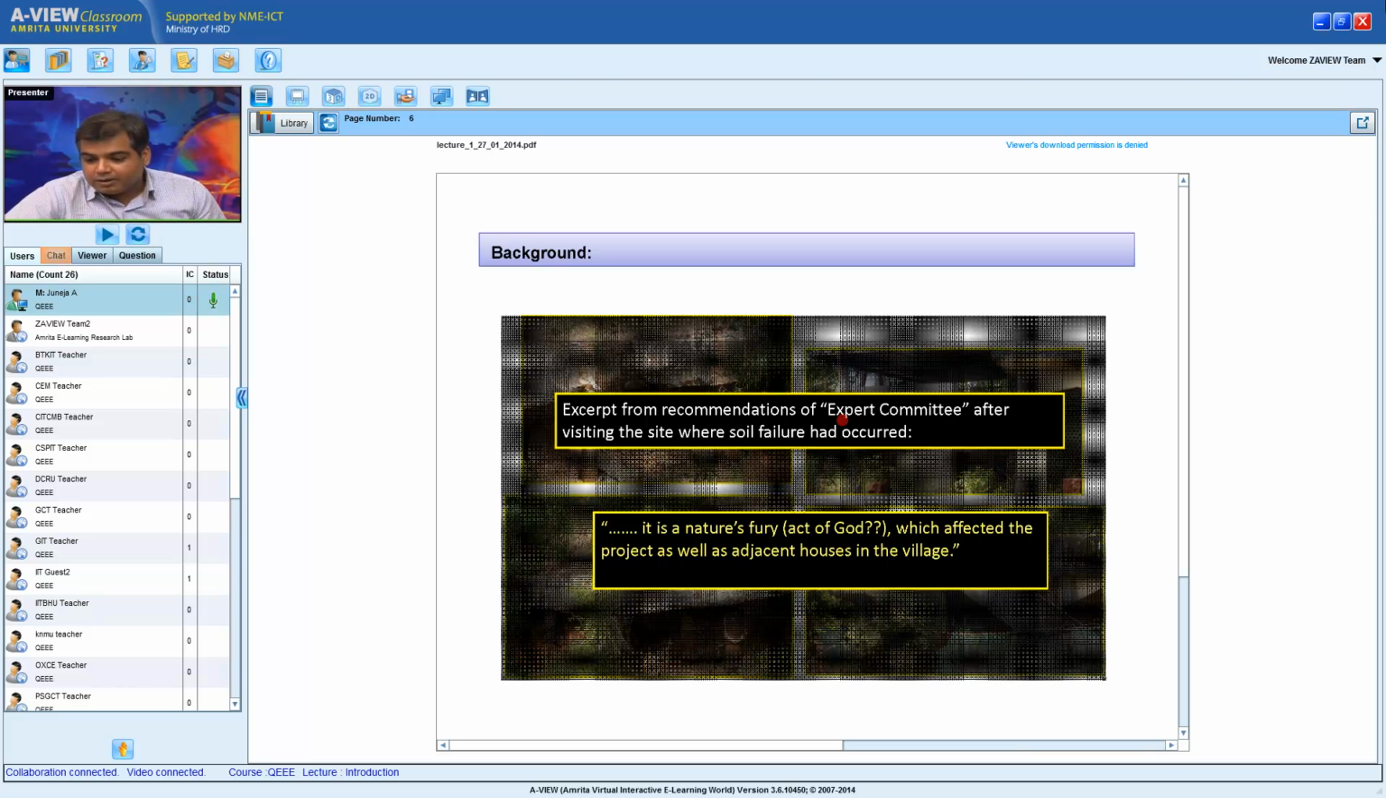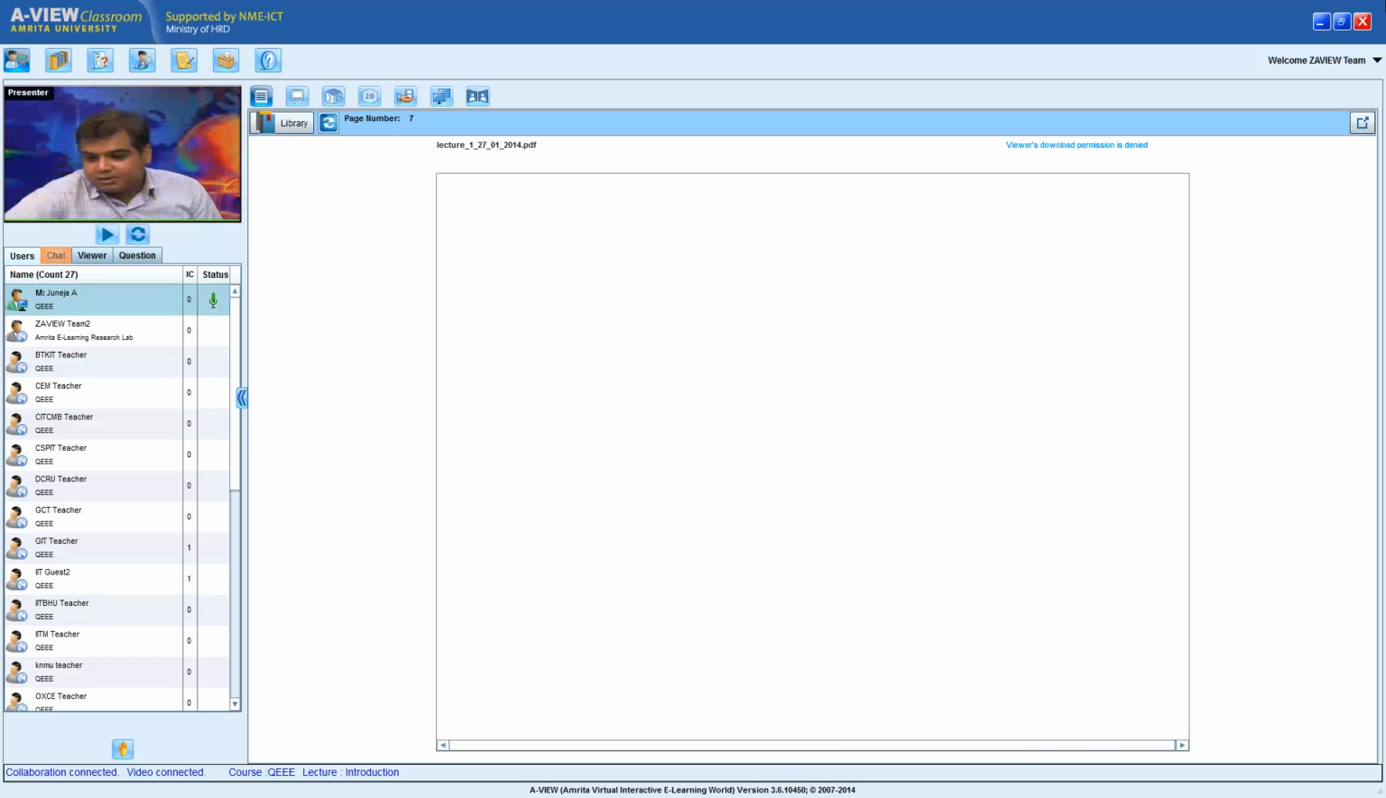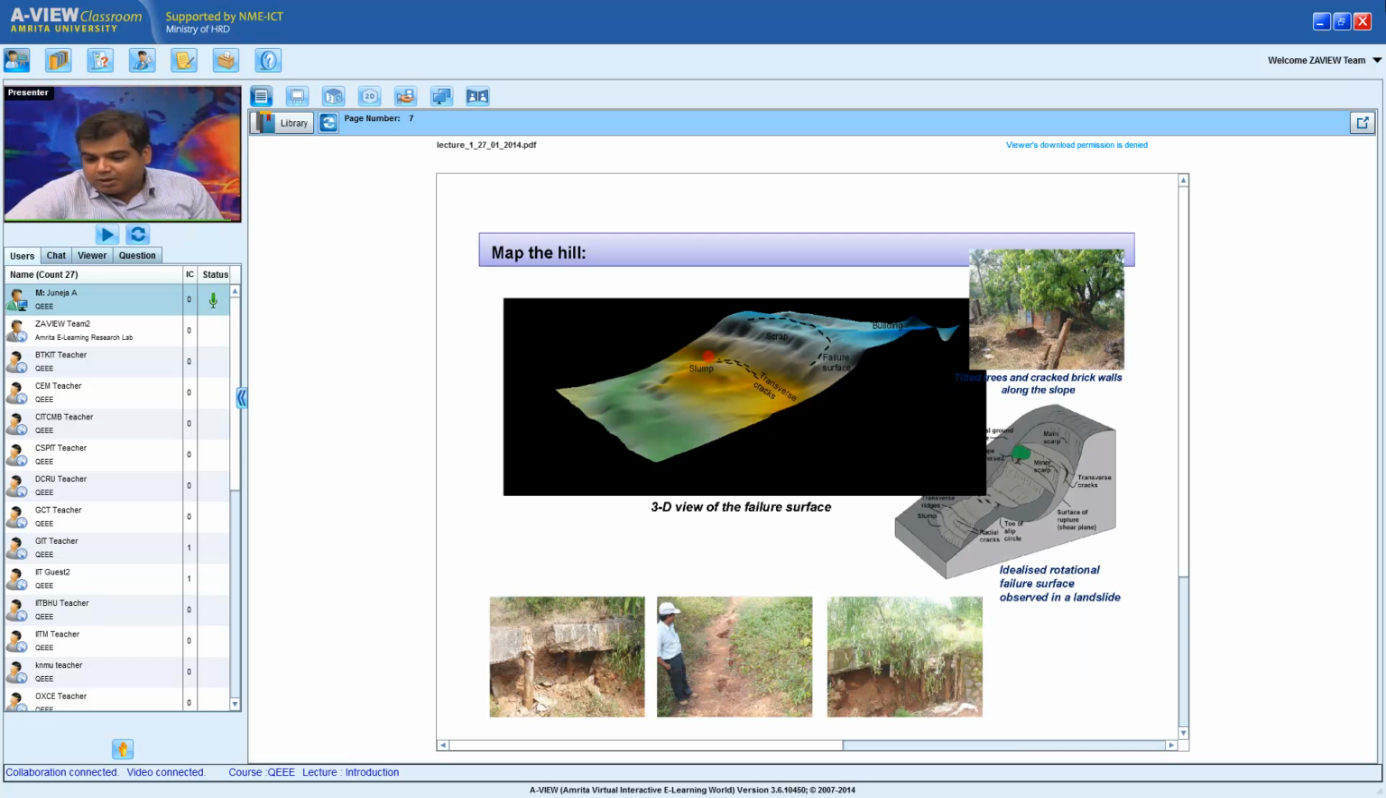If you look at all this, an expert report was made on this issue, and a very humorous statement came out of this report: it's nature's theory. Does it mean act of God? You'll find it amusing. But as an engineer, you will notice that all this soil behavior happened because